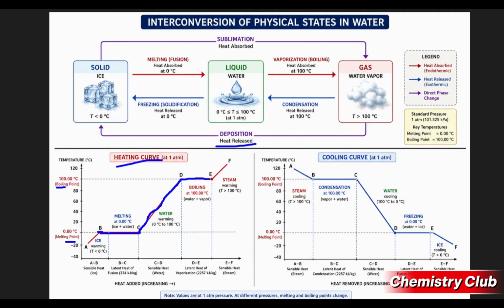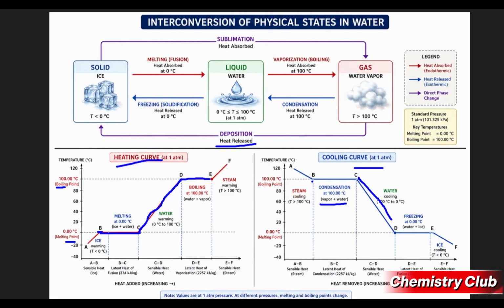And let's see the cooling curve. The cooling curve is the reverse of the heating curve. If we have water vapors and we decrease the temperature, with the decrease in temperature its condensation will start at 100 degrees Celsius, and at this temperature vapors will start converting into liquid water. And from point C to D we can observe the change in temperature, that is temperature is being lowered and cooling is observed